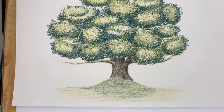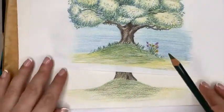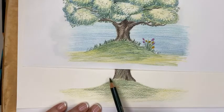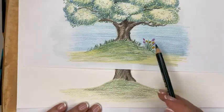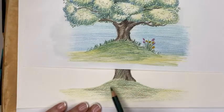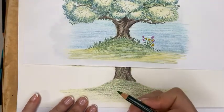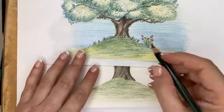Now that we've got our trunk in, we're going to work on the grass, the lower section a little bit more. So we're going to pop in some more dark green at the top here, fading out, and then we're going to add some grass. And if we have time, we'll see how the time goes. If we have time, we'll add in some flowers, last thing. But next, let's go back over this little hill and we'll add the grass in, we'll give it some more tone. So with our dark green pencil, or any green that you have, we're just going to start